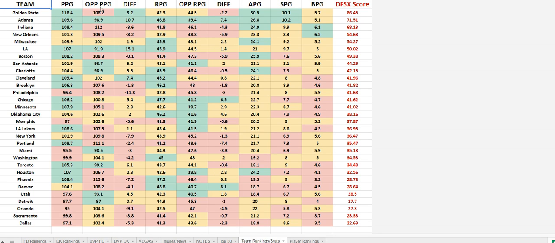Now, on the opponent side, it's the opposite. So it's red right here for Golden State, because they allow 108.2 points per game. That's bad. You don't want teams to allow that many points per game. But in the sense of fantasy production, seeing green here and red here,